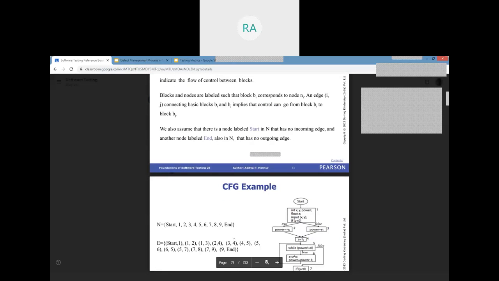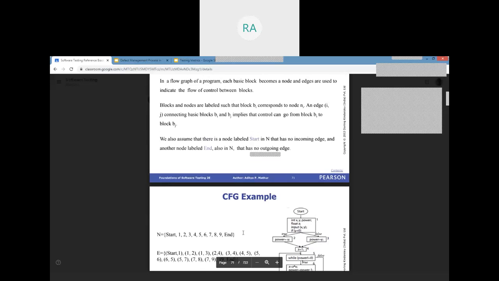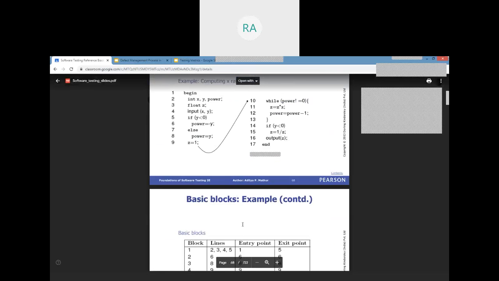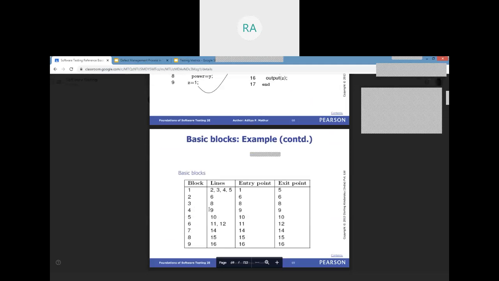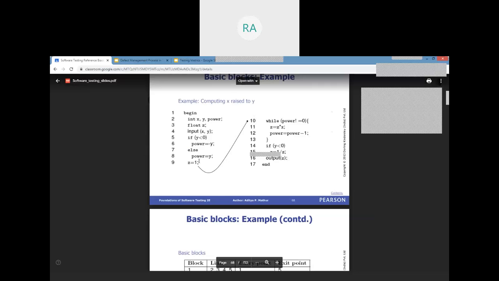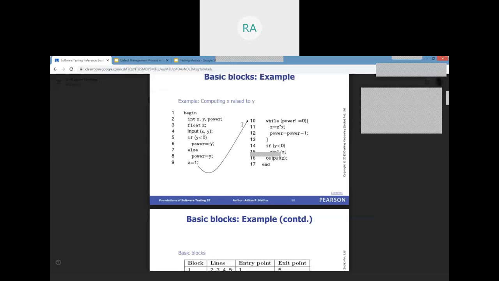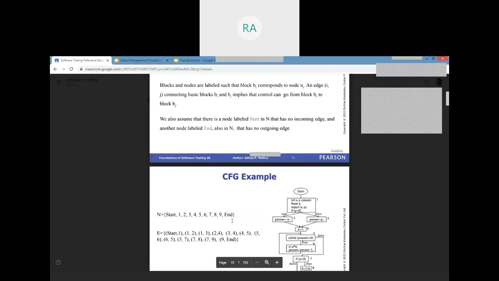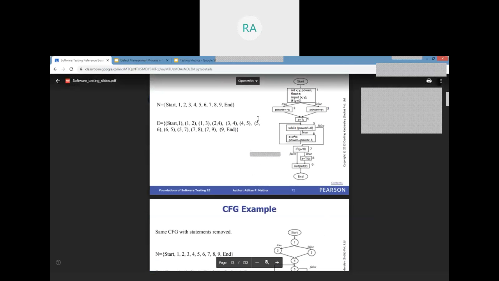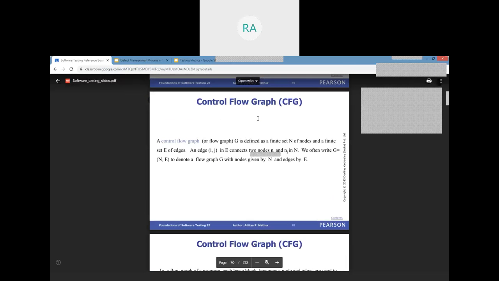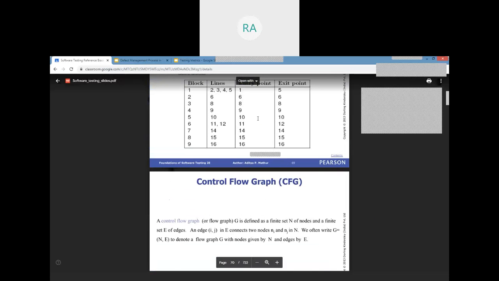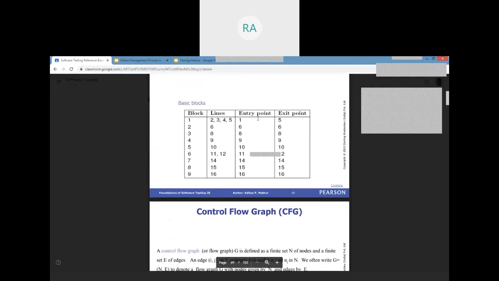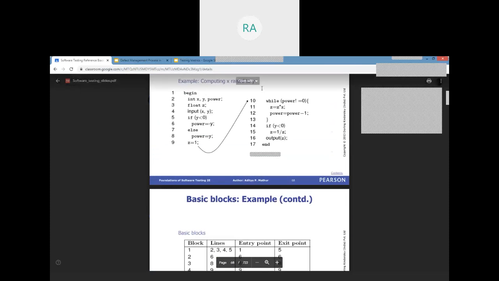After 3 comma 4, I have to focus on block number 4, where it has to move to. What is block number 4? Block number 4 has line number 9. After line number 9, I have to move on to line number 10 only, because it is sequential execution. That is block number 4 to block number 5, 4 comma 5. That is one edge I have to frame there. After 5, block number 6 is there. Block number 5 has line number 10. You have to refer to the program also here. After that, 11 and 12 are being